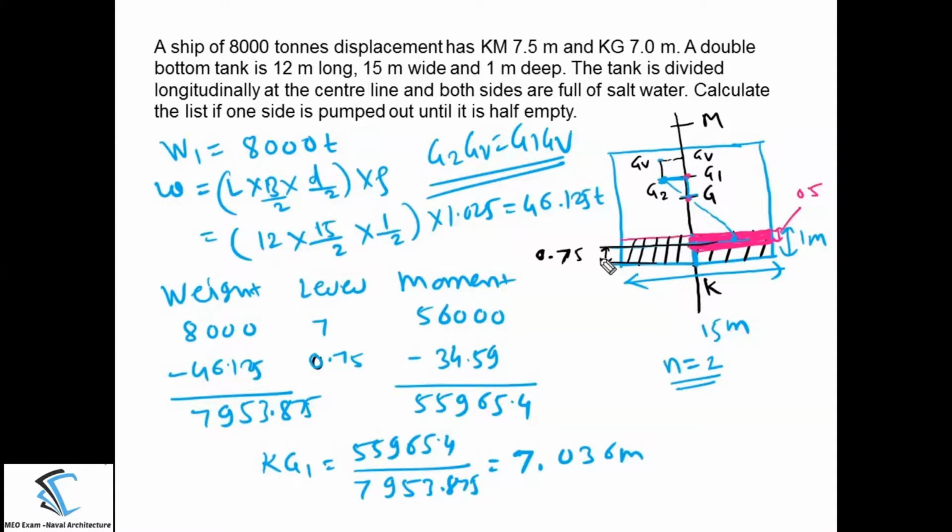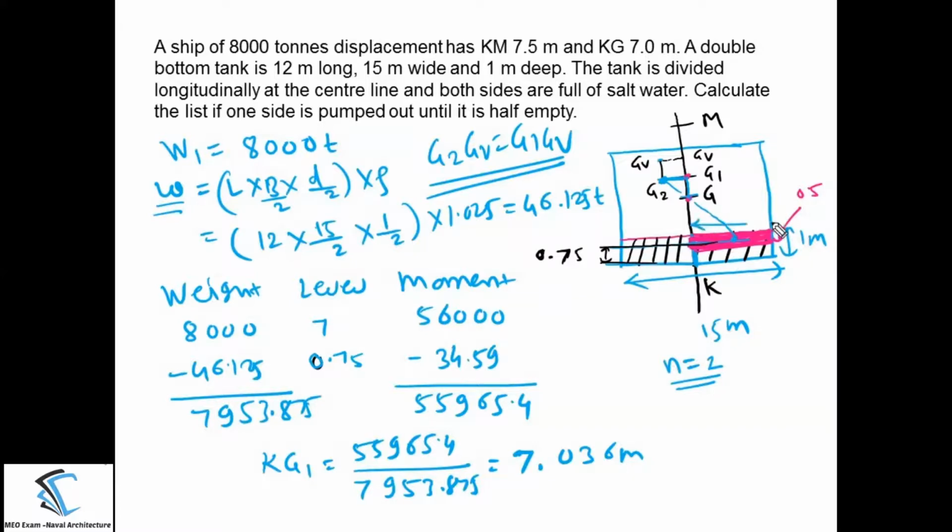Now before starting the calculations to calculate the rise of the center of gravity from G to G1, that is from the keel it will be KG1, you should know how much amount of the water we have pumped out from the starboard side. So to calculate that, let me call it a small w. That will be total length of the double bottom into the half of the width of the total ship,